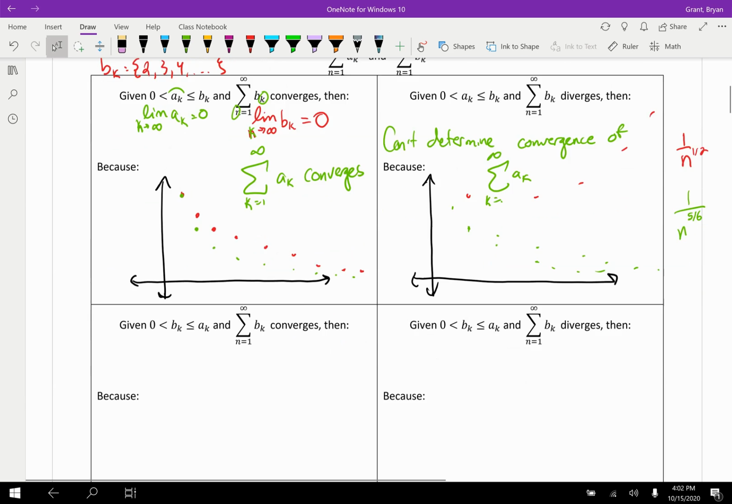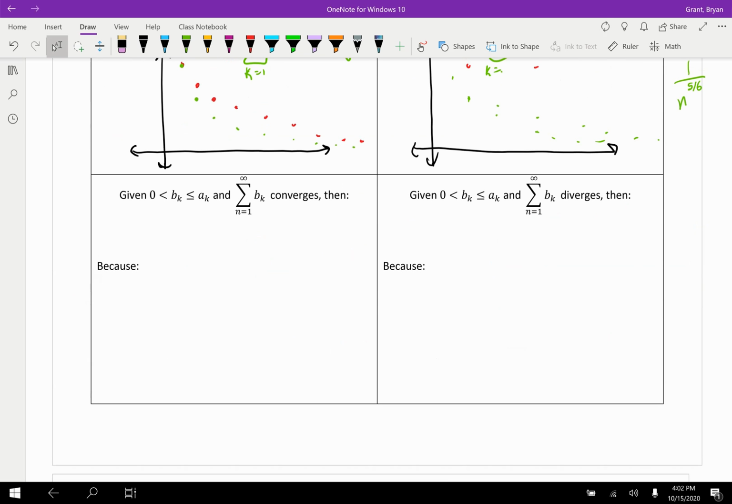So let's take a peek at these two. Given, and now notice they switched the order here. We're still talking about the convergence of b sub k, but they switched the order. Now b sub k is smaller. Okay, so they're saying, given that b sub k converges, or the series of b sub k converges,